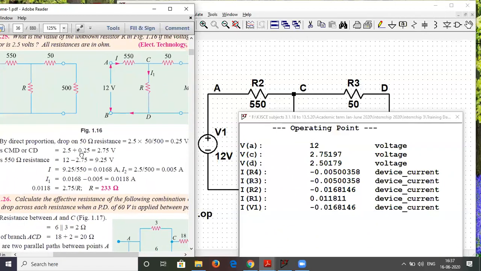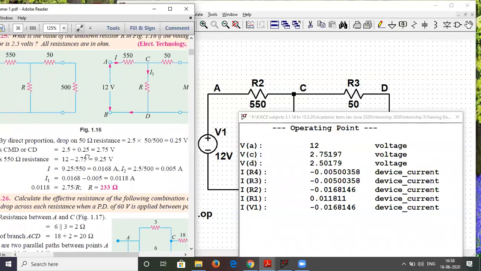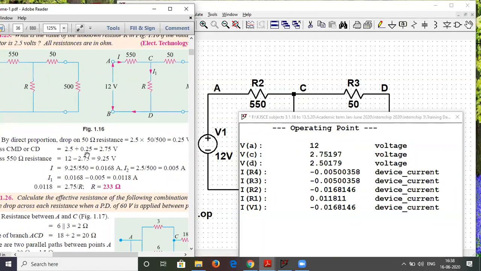And then they are asking us to find the total current. The total current in this circuit is the current flowing through this power supply. I will talk about this minus sign a little later. Here it is 0.0168, which is matching with this.